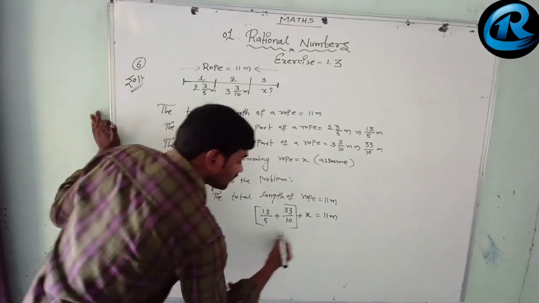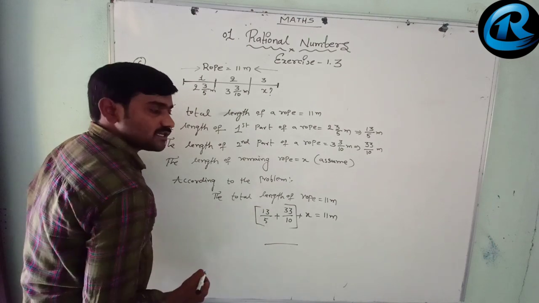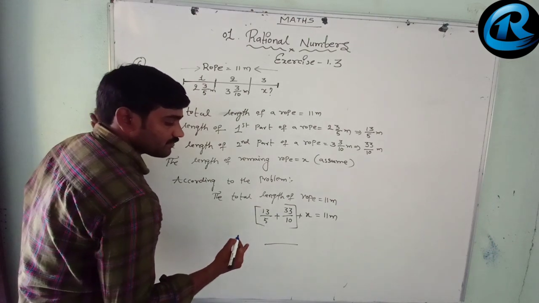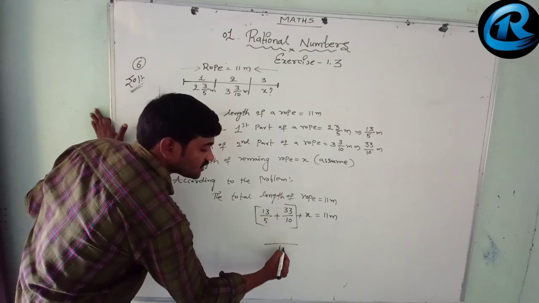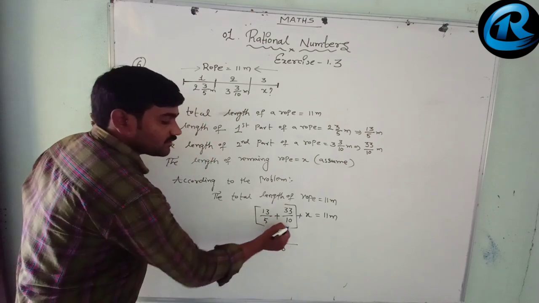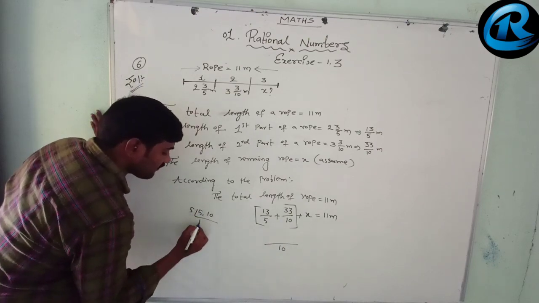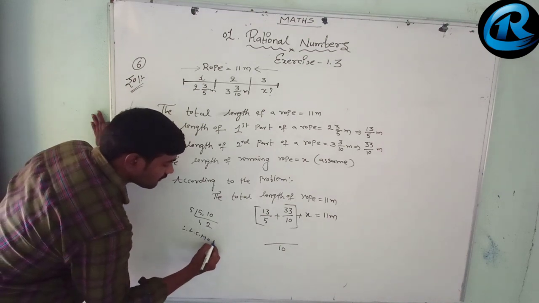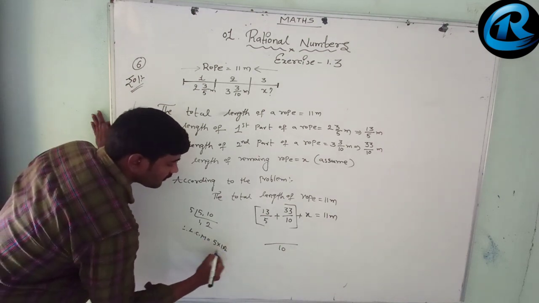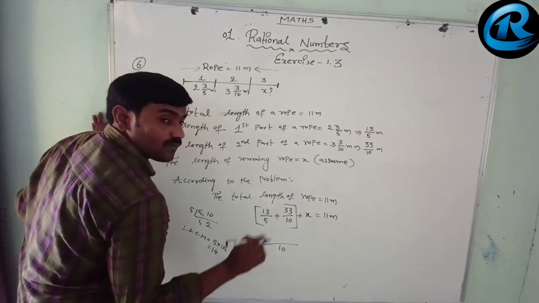So what we do, we'll do the cross multiplication here, or you can go for the LCM if you feel it is very easy. I'll go for an LCM once. Take the LCM of 5 and 10. LCM of 5 comma 10: 5 ones are 5, 5 twos are 10, therefore LCM equals 5 into 1 into 2, that equals 10. So LCM is 10.